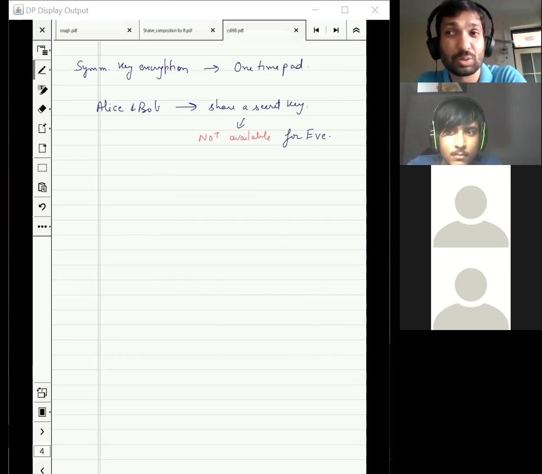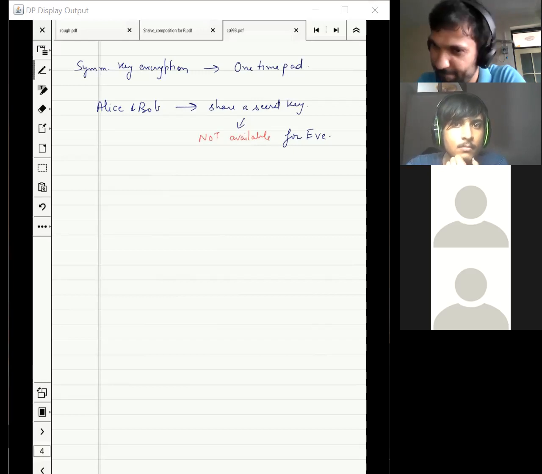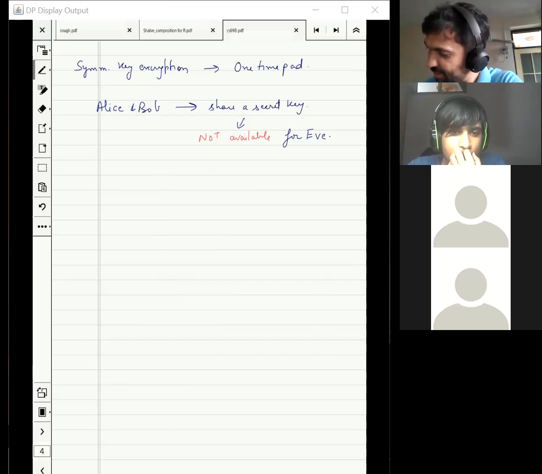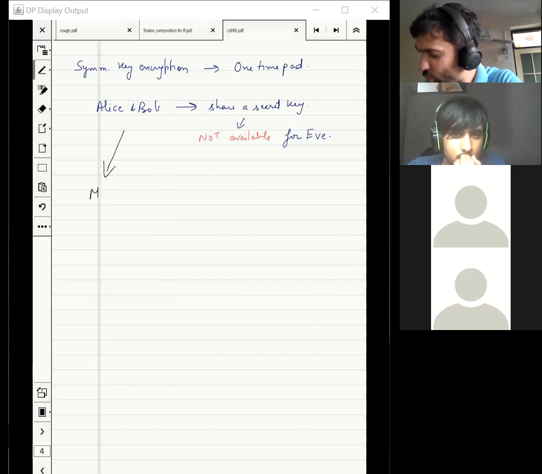No. If you are sending multiple messages, generally you don't want to use the same secret key, especially in one-time pad. Also, even if they are meeting for one time, the key might be small. That might be true, but that's not the reason. Maybe they want to send the message sometime later, so they can use it once. Exactly. The point is, when they share the secret key, the message is not even present.